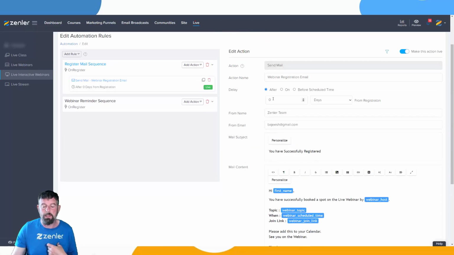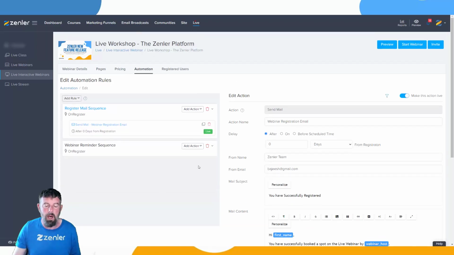Generally what I do is I'll put that in here 30 minutes before or something to send it out to them. If you're running really close sessions, then you need to be careful about the timing in case someone goes in before, or you don't give them much notice. They want to be able to receive these emails. So just bear that in mind. But other than that, it works as normal.